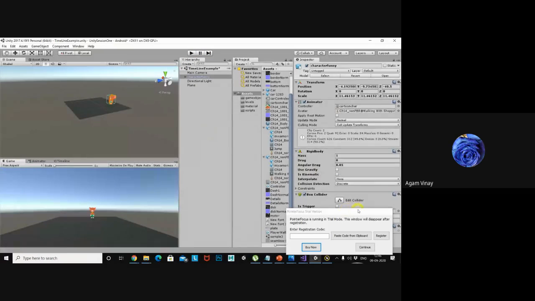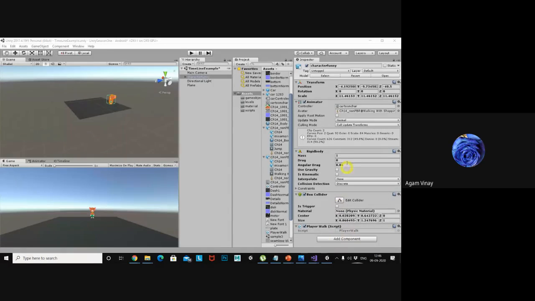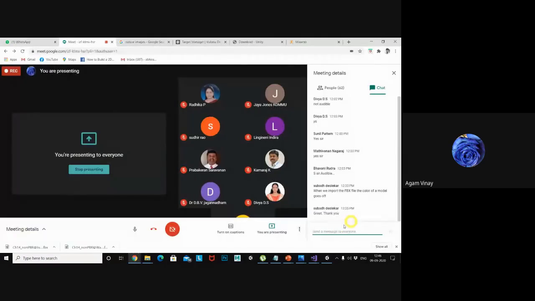This is the way of getting the model animation and how to access it with the script. Yeah, regarding this topic, anybody have any doubts?